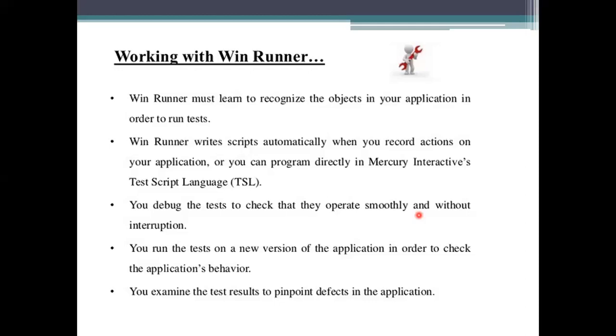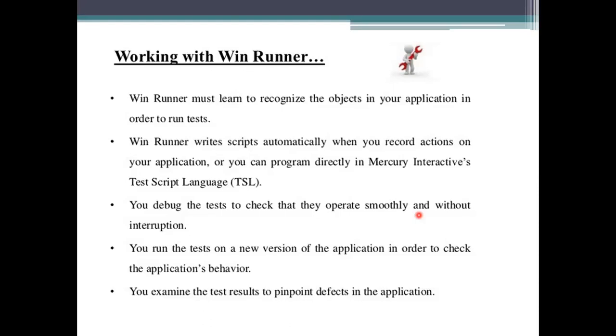Whereas in automation, what happens here is we need to get the checkpoints. Wherever we are performing an action, the testing tool we are using will provide the test script automatically; it writes its testing script automatically. And the script that is written has to be recorded. Why? Because when we are passing the inputs to that checkpoint or test script, we need to record whether it is being performed in a correct way or not.